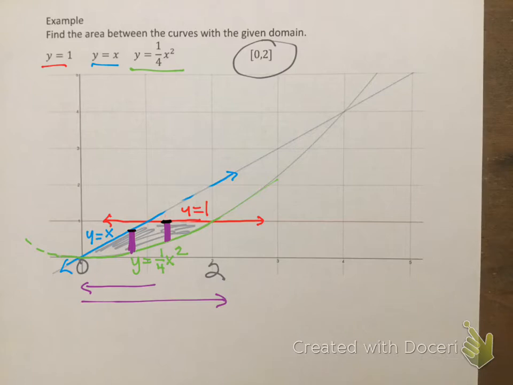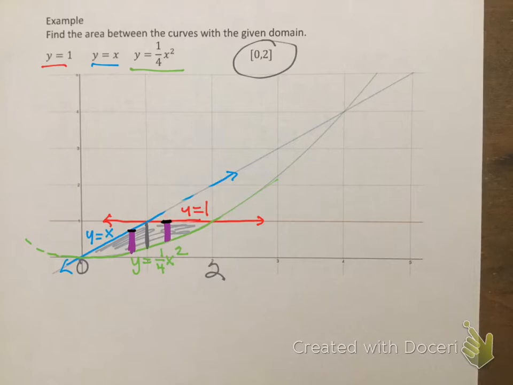of your purple representative rectangle is now blue? It is no longer red. The bottom stays on the green curve the whole time as you slide from 0 to 2 back and forth. But the top of the purple representative rectangle changes from a blue curve on top to a red curve on top. So therefore, if I want to use a representative rectangle that's vertical, I need to separate this region